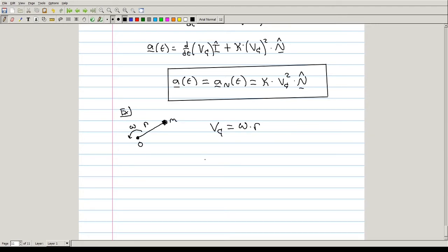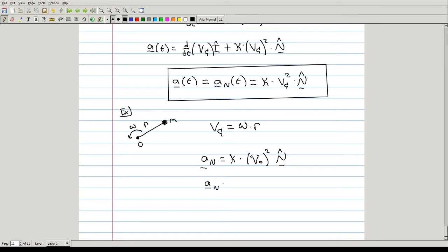But the normal component of acceleration is kappa times Vc squared times n hat,